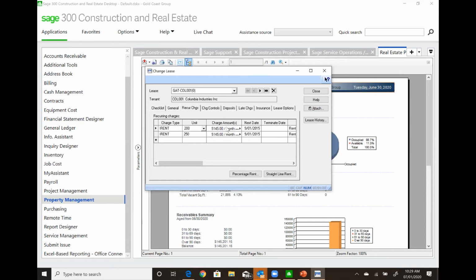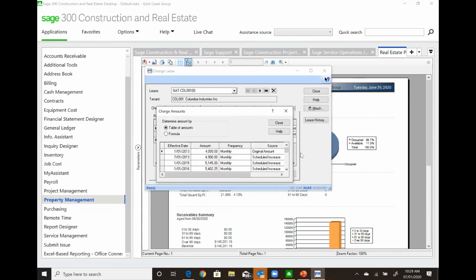And now in the actual setup of that charge is where we record what you might call step-ups or lease increases in the rent. And we track it for all time. So again, you'll be able to go back and look at what the rent was in 2013, what your rent per square foot was in 2013 versus what it is now. So we're able to track all of these, and you can set up the entire lease